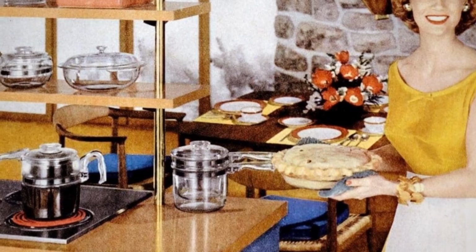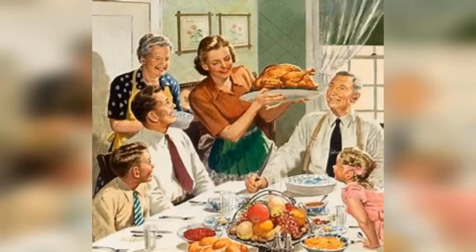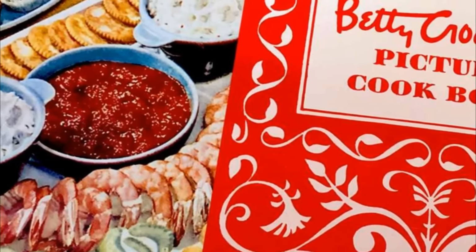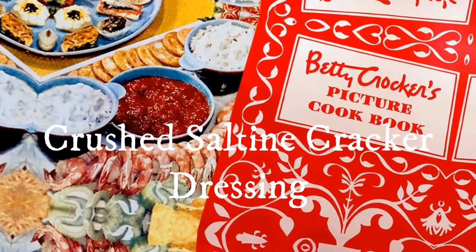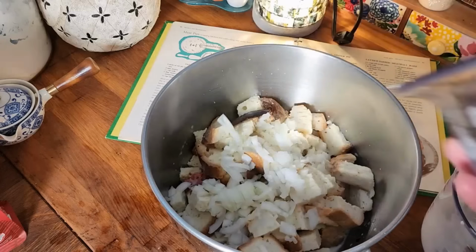For many, this dish was a small triumph. Creamy, delicate, and just fancy enough to make guests think you'd gone all out, when really, you'd spent less than 50 cents. In the years before boxed stuffing mix, Betty Crocker reminded home cooks that anything dry and crumbly could